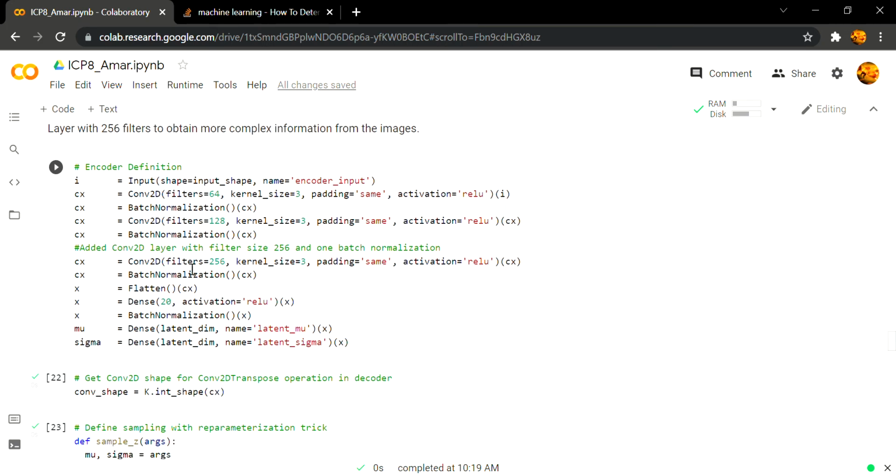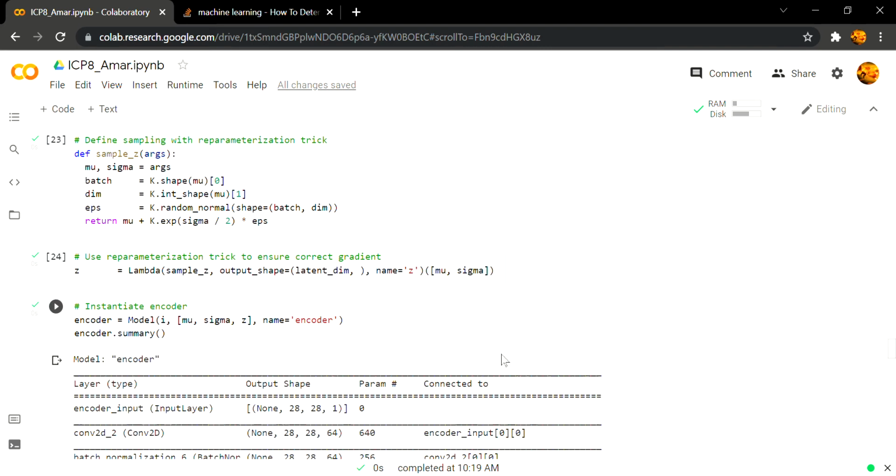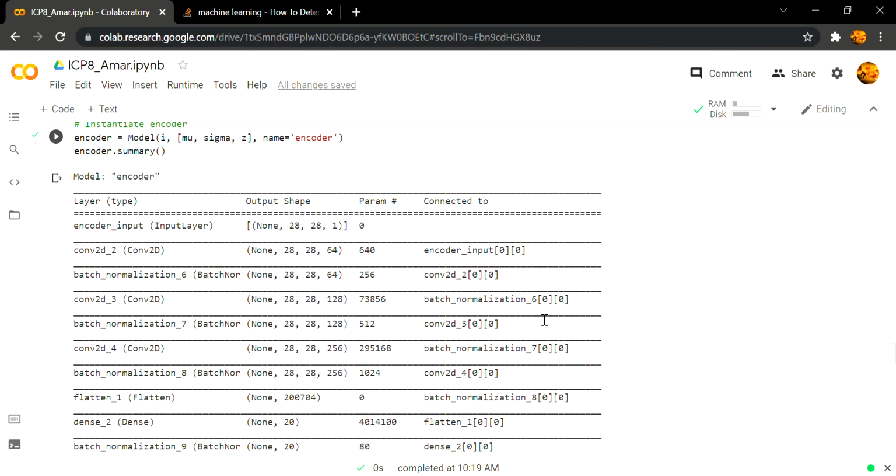And the more the filters, the more complex information the image gets. Convolution 2D shape for 2D transpose, and the same thing, sampling with reparameterization using the lambda function, and again